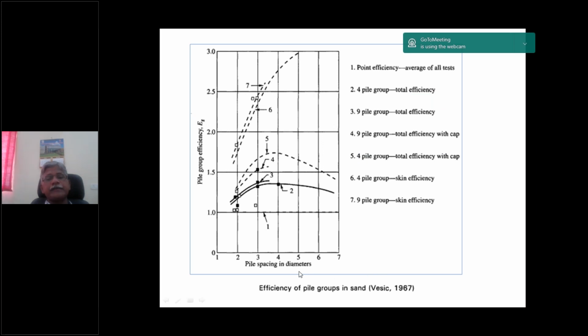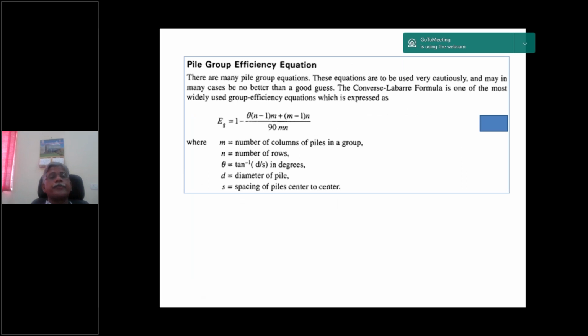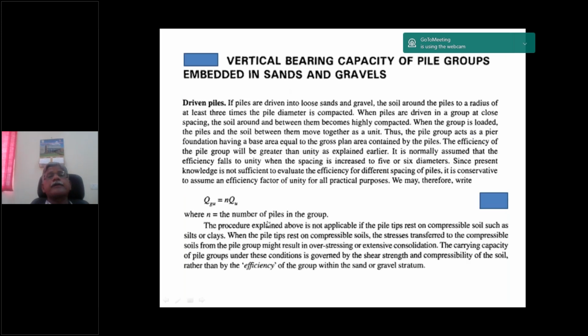Basic 1967. The pile spacing in diameters, and suppose this is the curve corresponding to 5. This is the 4 pile group, total efficiency with cap. And for a pile spacing of, say, 3, the efficiency will be 150%. The pile group efficiency formula we already discussed; this is the Converse-Labarre equation. The vertical bearing capacity of pile groups embedded in sands and